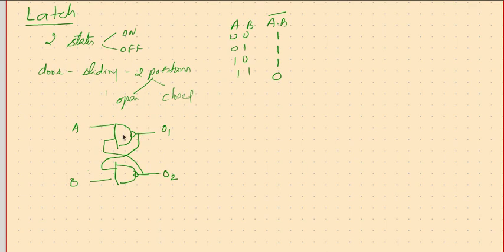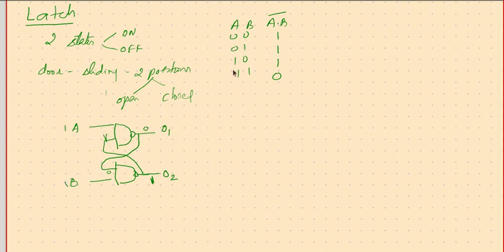So let's assume that for some reason this was a 0. If this was 0, we get a 0 here, and any 0 at the input ensures the output to be 1. Therefore we have a 1 here, and that 1 comes back here. And if A is 1, B is 1,